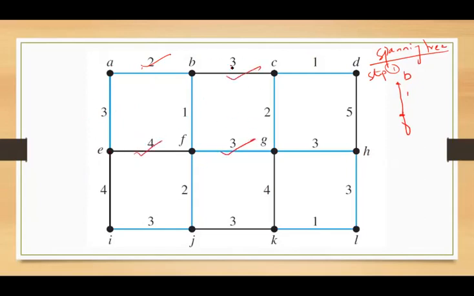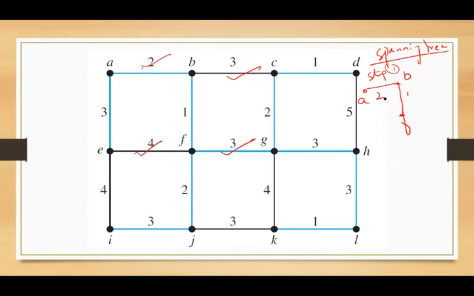So there are 4 different edges to which BF is connected. Now I am selecting the next one, AB. So I am selecting AB, and the weight is 2. Then after BF, AB,